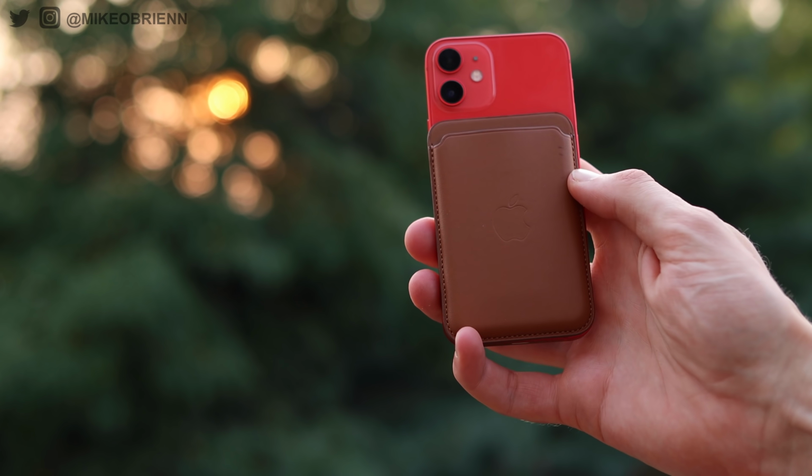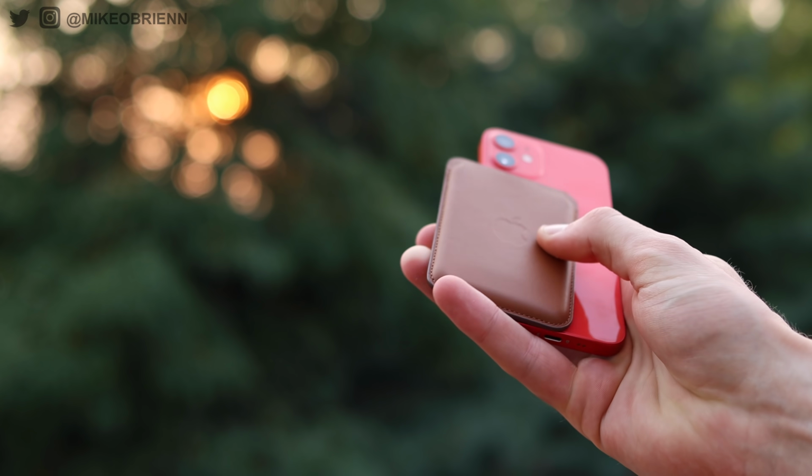Now, the idea of having a credit card on the back of your phone is that you never forget it. You always have it with you, whether it's a card or a photo ID or whatever it might be. Having that on the back of your phone, you're supposed to never forget it. So having the wallet like this that snaps on, at first you think, oh, that's great. Without having a case, you can have your card on the back of your phone. But then if you want to charge wirelessly, you have to remove it, which kind of defeats the purpose of